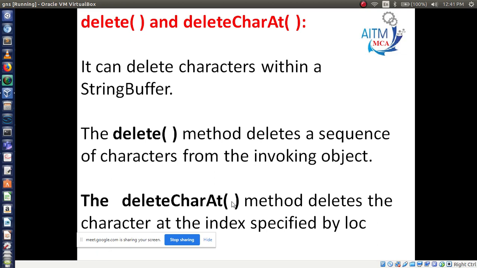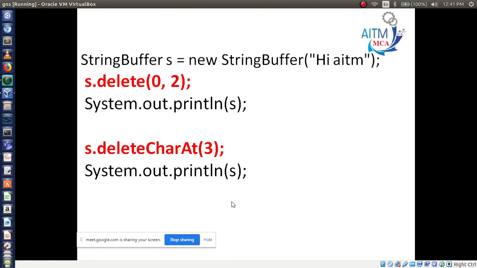Okay, see the example. StringBuffer s = new StringBuffer("Hi AITM"). Now I am deleting from which position? 0 to which position? Second. 0 to 2. So what are the characters you are going to delete from 0 to 2?